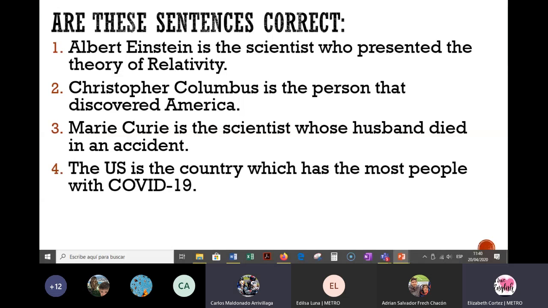So is this incorrect? No, it is correct. It's an object. Very good. Remember, guys, that in the previous presentation, I told you to be very careful when you're talking about places. Thank you, Maldonado. You can mute yourself. Because places can be described as a place or as an object. That was another mistake many of you did. We are going to see the other example, and then we'll talk about the differences between objects and places when talking about a place. Who else do we have there, Miss Luna?